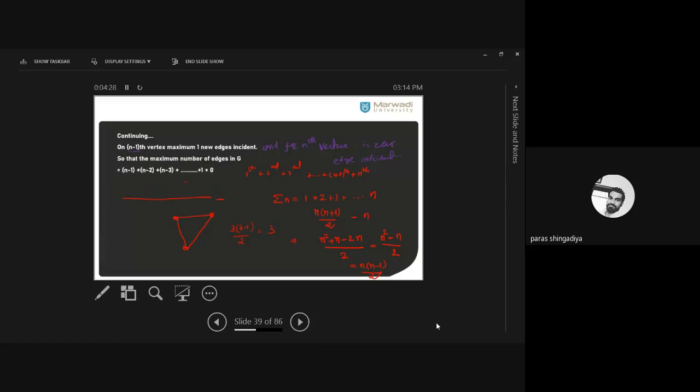अब सभी को total करना है for first vertex, second vertex, third vertex, n minus 1 plus and nth vertex. So for first vertex we have n minus 1, second vertex is n minus 2, third vertex is n minus 3, up to the last second it is 1, and for the last it is 0. Okay, so find the total edges. We just count the total number of edges. How many maximum edges we can create.